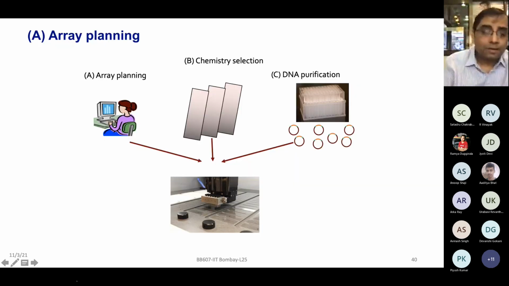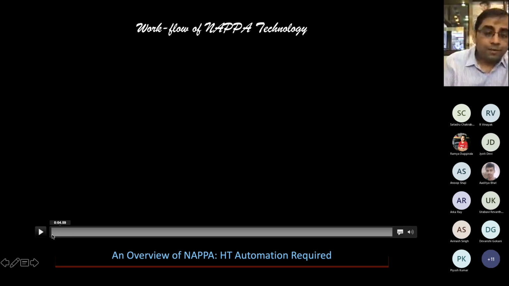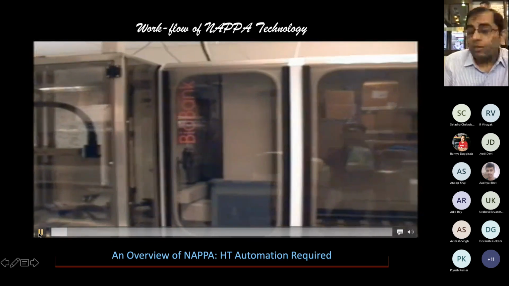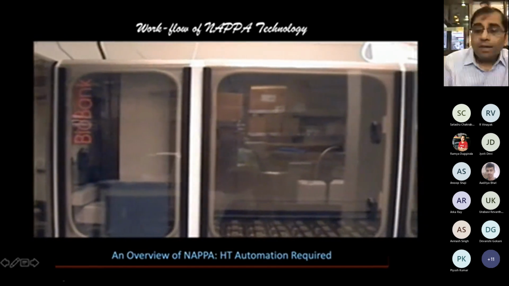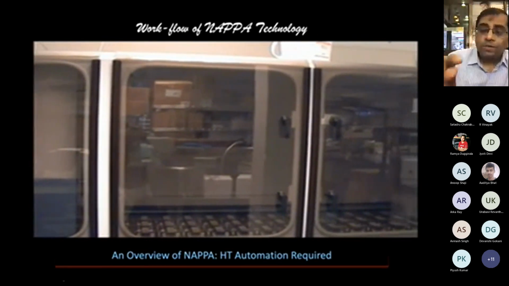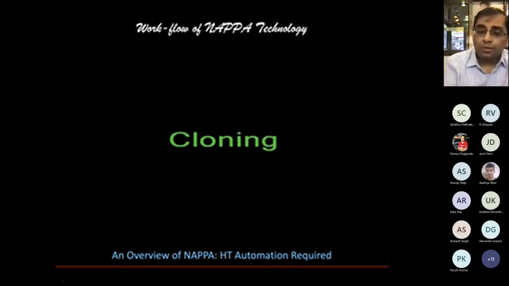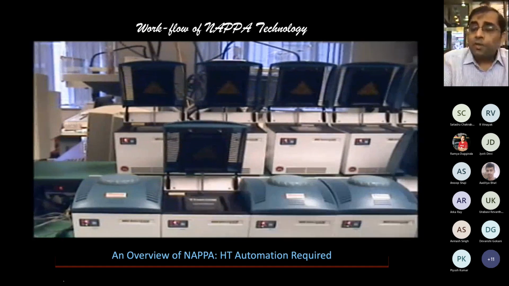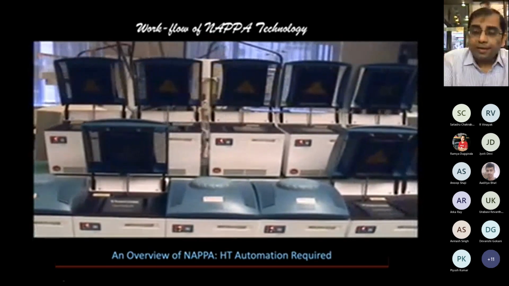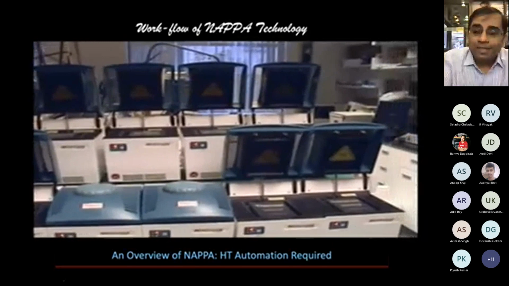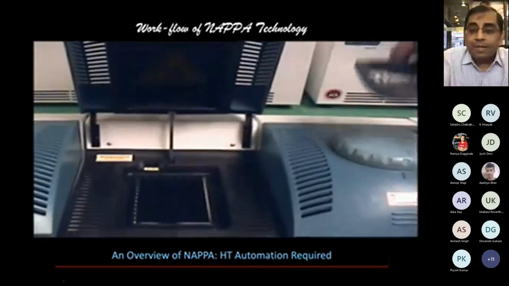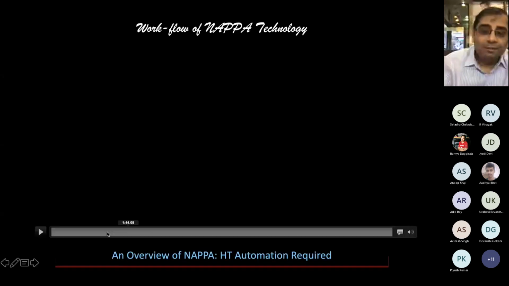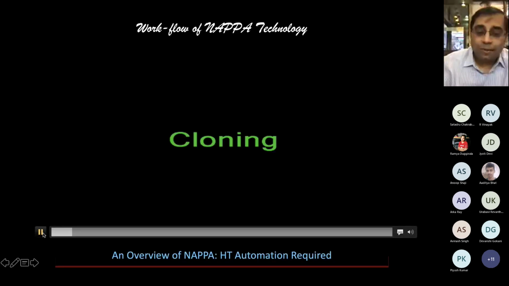Let me show you again so that you can slightly appreciate. Let me just go back. So this part which I'm talking about will have thousands of clones, but if you only enter the barcode for that one clone of interest, only that one tube will come out of these thousands of clones. Likewise, you can select and see which genes are of your interest. Then you have to add the GST tag or MYC tag, whatever you want. And then these are the high throughput PCR systems. You see maybe 10, 12 PCR systems are kept. And all the work is done in the 96 well plate format.